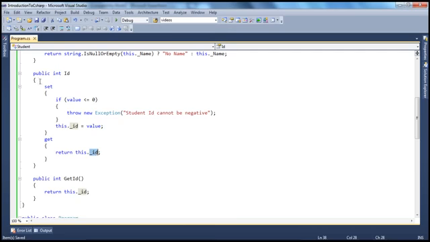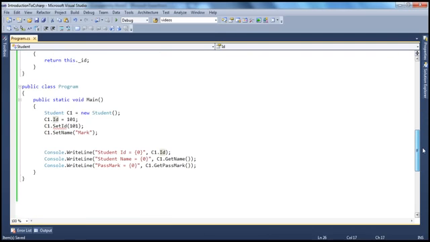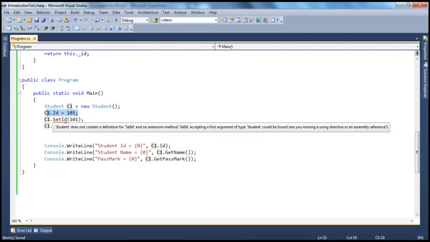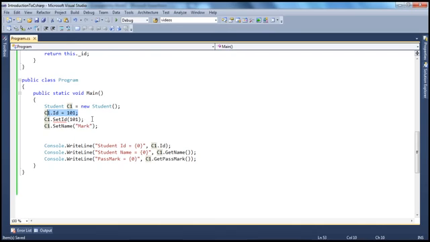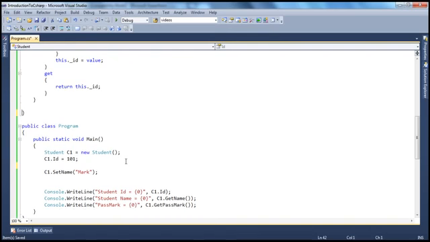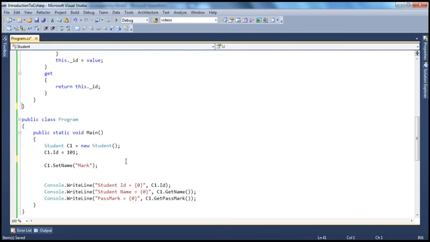So pretty simple, right? And the advantage of using this property is, look at this, it's not like a method. You use the properties as if they are fields. But on the other hand, when we had set ID, we had to call it like a method. So there's no need to make use of the set ID or get ID methods anymore. Instead, we use this property,